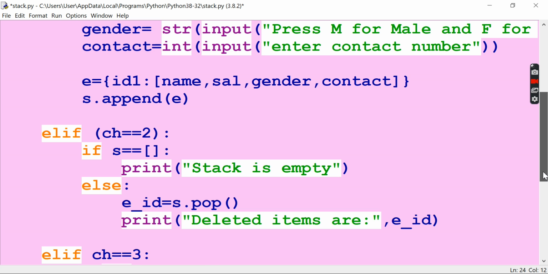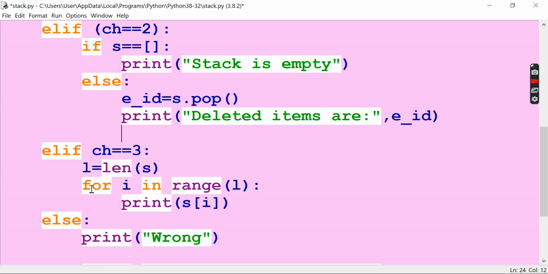Then if he presses 3, that will be for I in range up to the length of the list. The length of the list will be saved in L. So for I in range up to L, you print S of I, meaning each element of the stack will be printed. That's it.